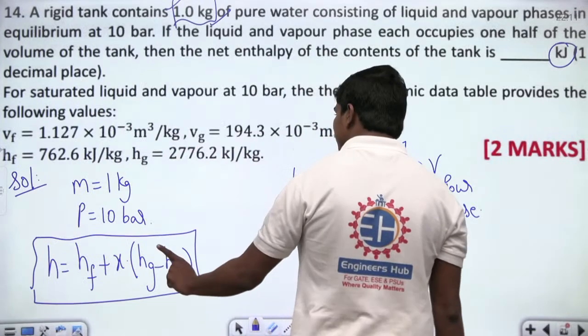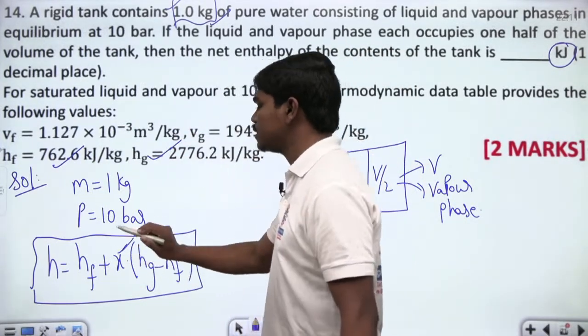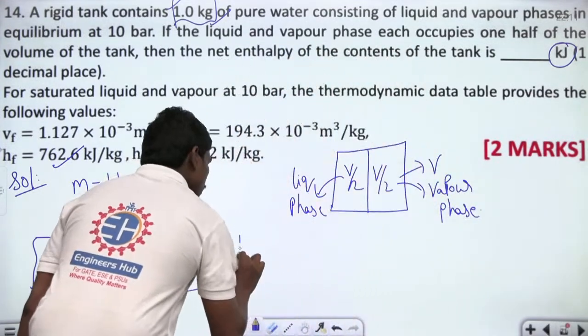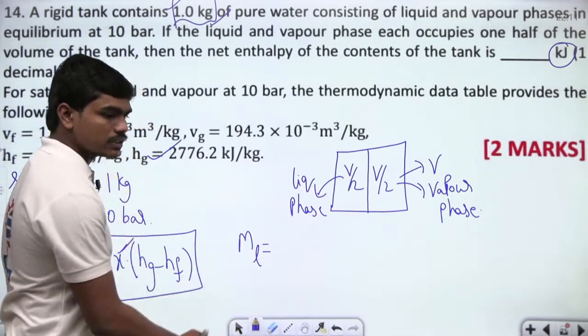So here one thing that we should know is, we know what is HF, we know what is Hg. The only thing that we need to know is the value of X. We have one technique for that. Look, mass of liquid phase. Can we write this as,